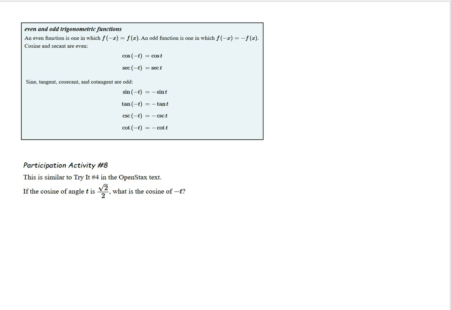Okay, for this one, you need the information about even and odd trig functions. Cosine and secant are even. Sine, tangent, cosecant, cotangent are considered odd. And on this one, it says if the cosine of angle T is the square root of 2 over 2,